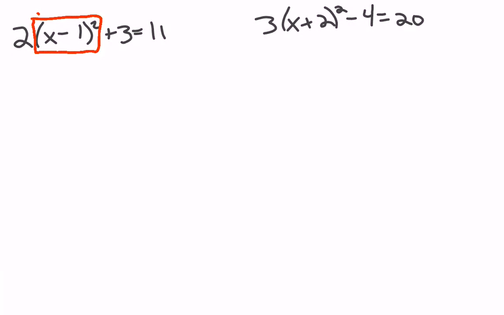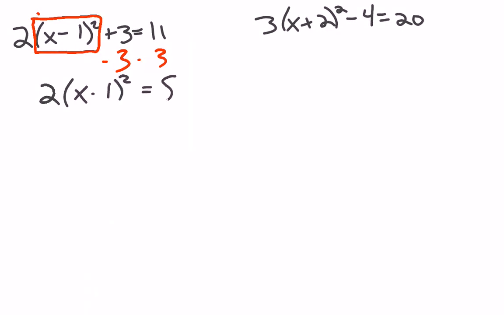So your goal, once again, we're thinking about this as 2 blob plus 3 equals 11. Think about the 2 steps you would do to solve that equation. You would minus 3 and divide by 2. We're going to do the same exact steps. Don't start trying to do some sort of distribution nonsense. Okay, so my first step is going to be to subtract 3,